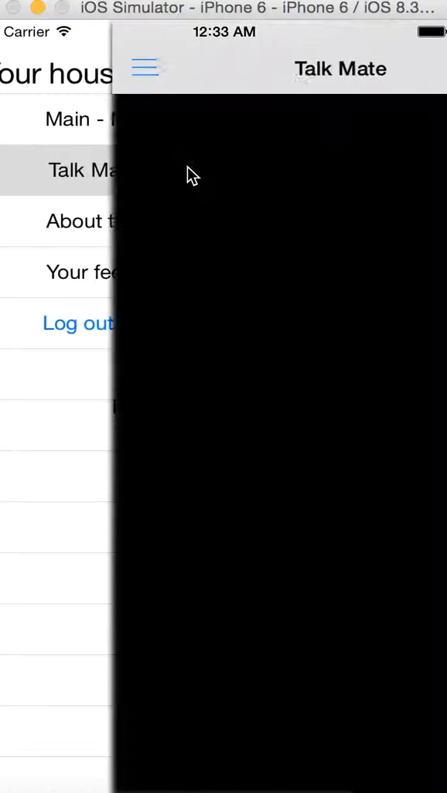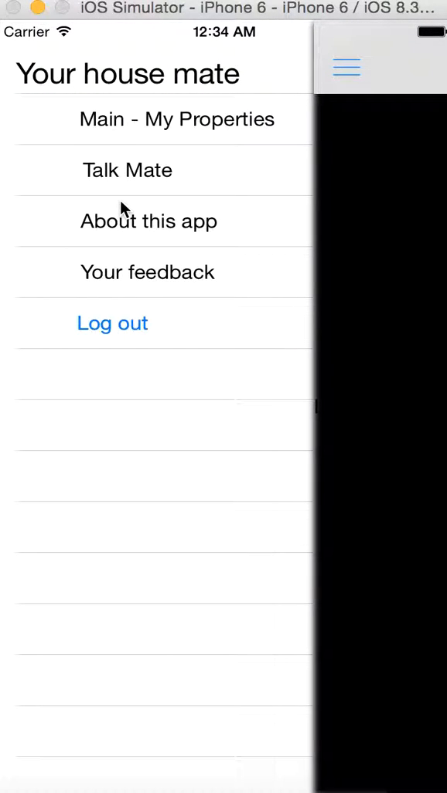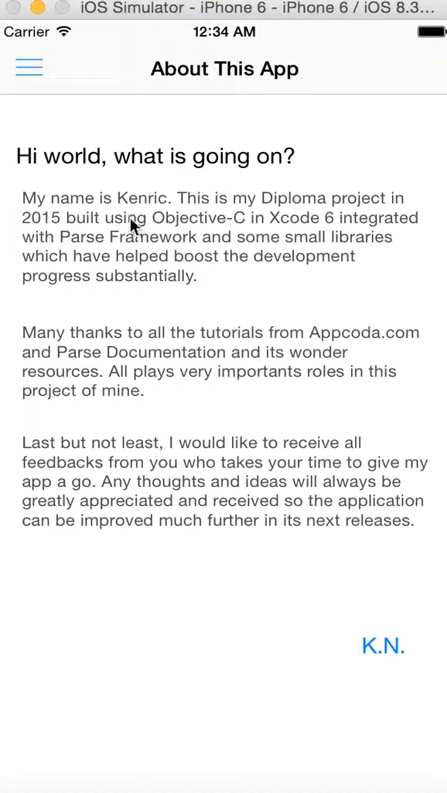So TalkMate is a future feature that I'm not working on just yet, but I have a concept now in my head, so it's gonna be legendary. About this app